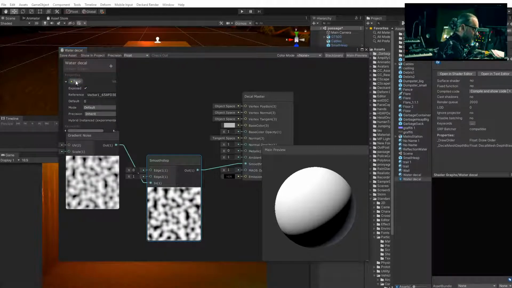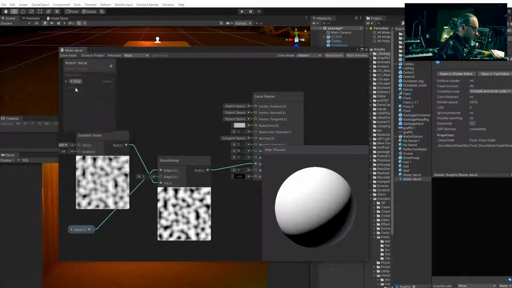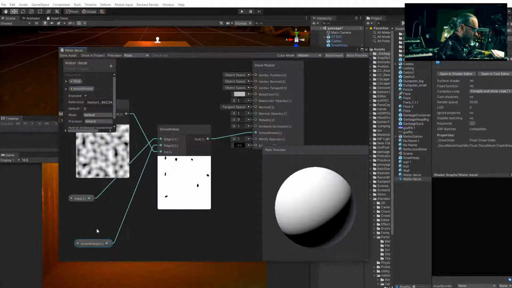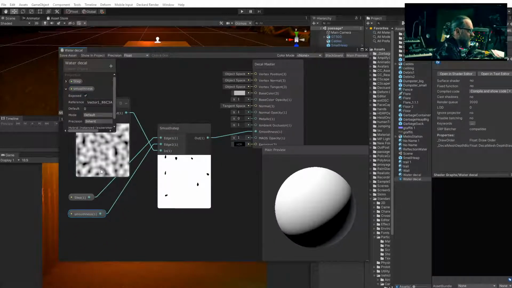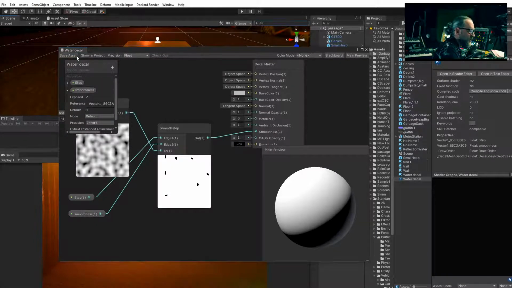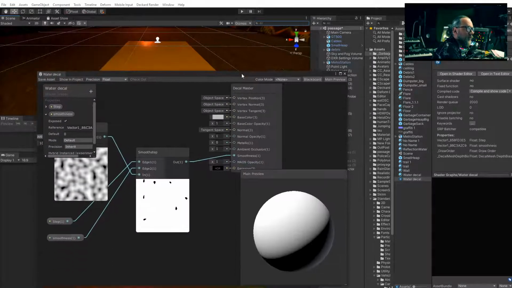Let's call it step, and I will feed it inside this one, and I will create another variable that is called smoothness. So I will feed it here. And as you see right now, we are getting some interesting values. And I will save just this asset